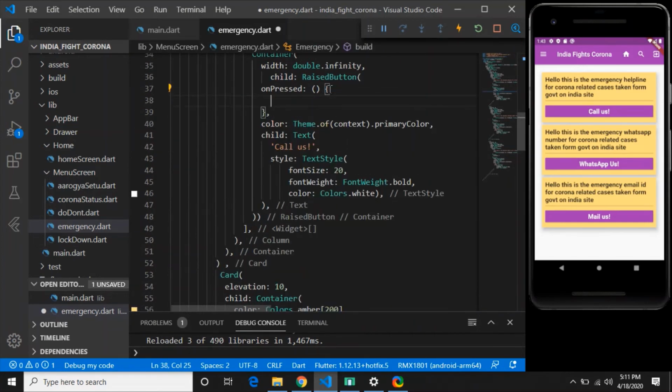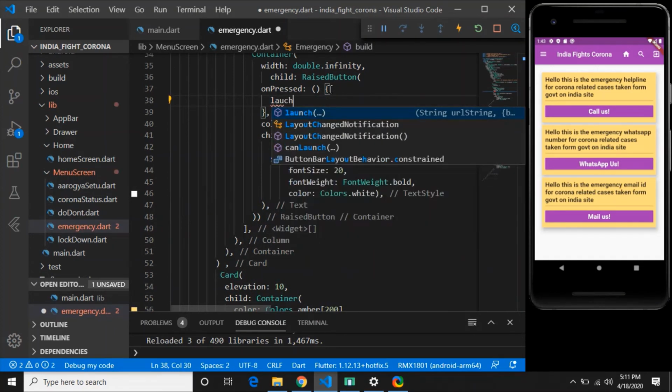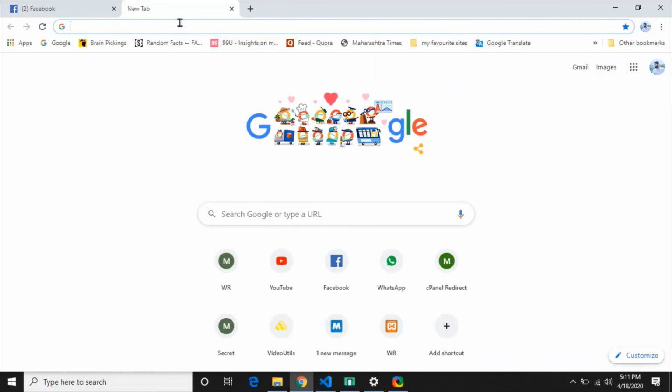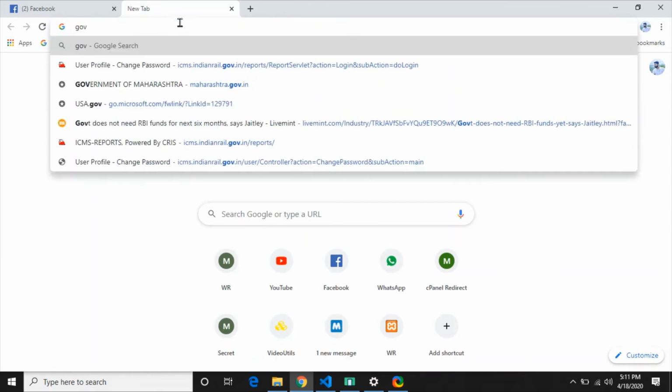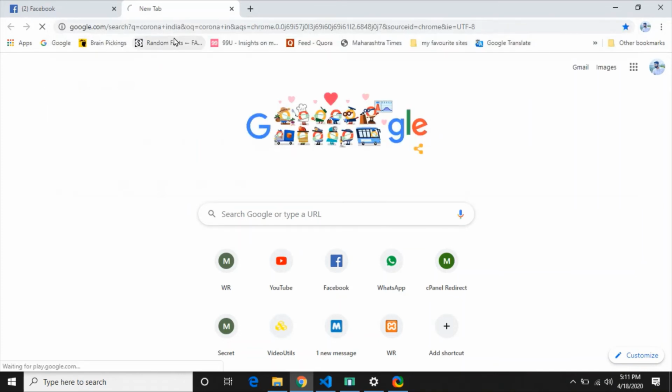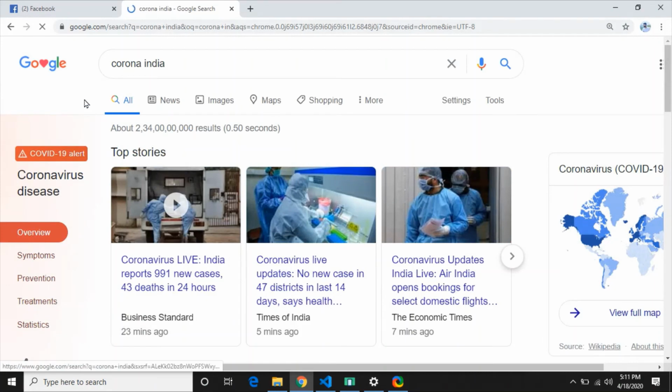So I will write tel, and tel is telephone, and what I will do, I will get the number from the Government of India side, and for that I have to write Corona India. So you can see this is the site COVID-19 mygov.in, and from that website we can have our data.